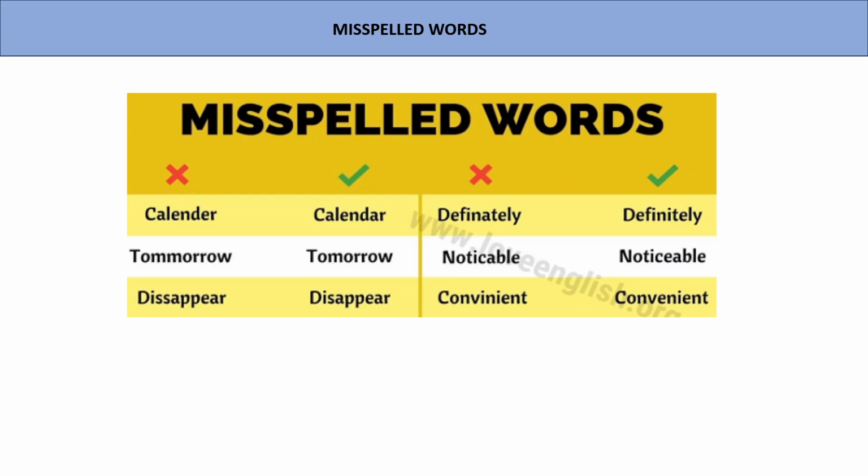Everyone. So in today's session we'll be discussing some questions based on misspelled words. We usually ignore this topic thinking that it's a very basic topic when it comes to English grammar, but let me tell you it's very important to solve at least 2-3 times when you are going to sit for any exam. Why? Because it is of the utmost importance.